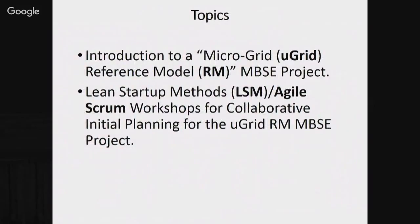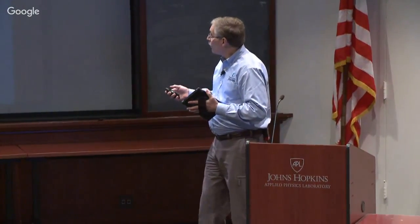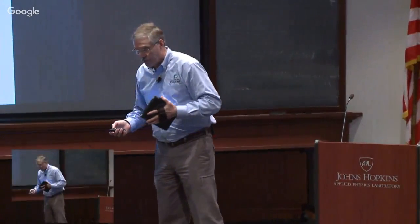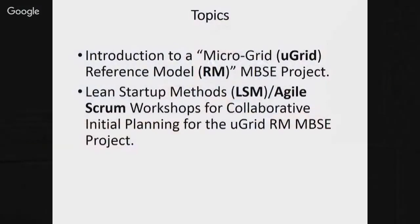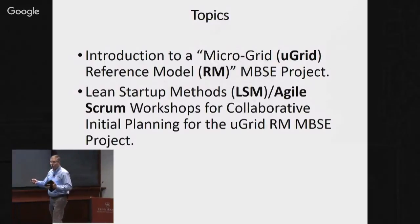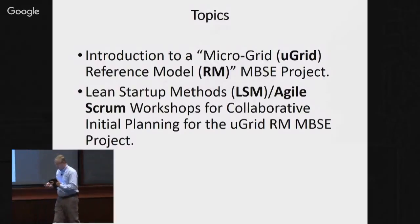So here are the topics I'm going to go over this evening. I'm going to introduce you to a microgrid reference model, model-based systems engineering project. Very quickly, this project is in coordination with the Critical Infrastructure Protection and Recovery Working Group, the CIPR Working Group. Mark Walker is one of the co-chairs of that working group, and we're working with